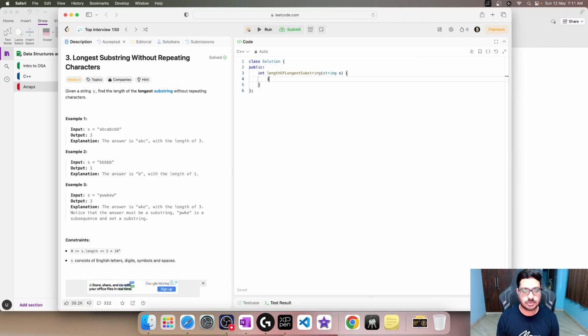So we will need two pointers, i equal to 0, j equal to 0, and we will keep track of max length, which will also be 0. Now we said we will use the j pointer to keep expanding and the i pointer for shrinking. So while j is less than s.size,